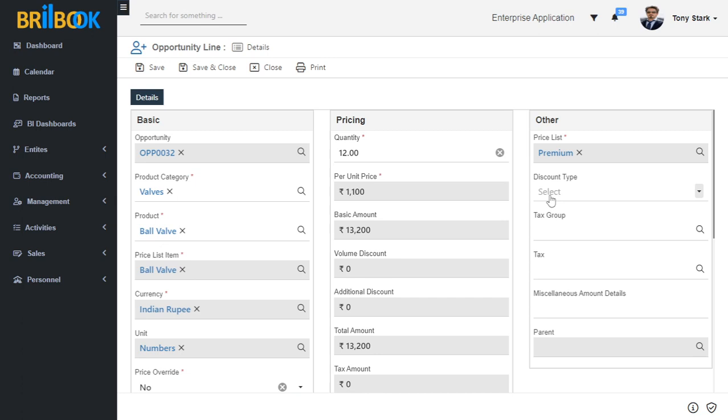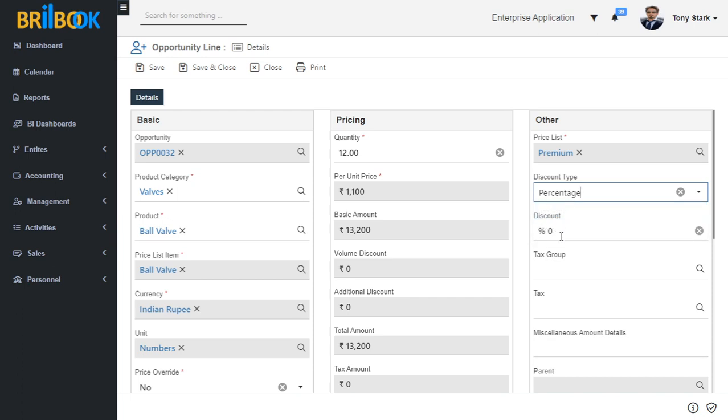For this opportunity line, you can add the discount. For that, first you need to select discount type as percentage and amount. If you select percentage, the discount percentage field appears below the discount type.